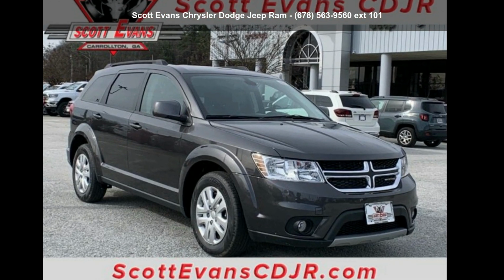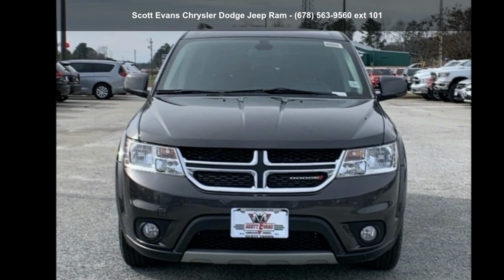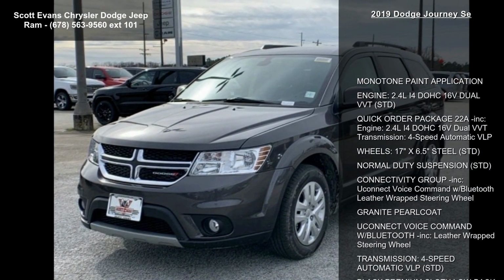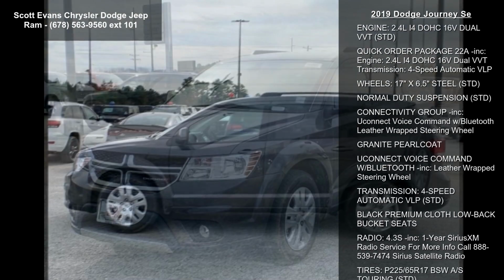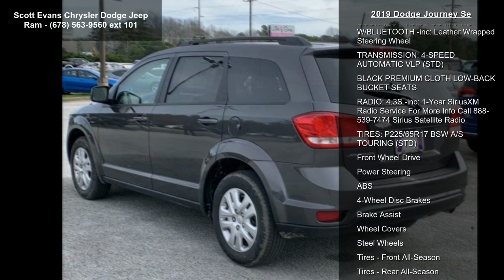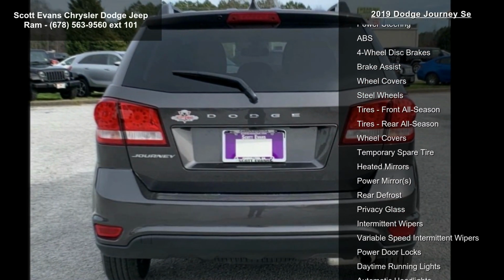Presenting the Dodge 2019 Journey SE. If you are looking for a first-rate auto, this one could be yours today. This vehicle's top features include monotone paint application, engine 2.4L 4DOHC 16V dual VVT, STD, quick order package 22A included,